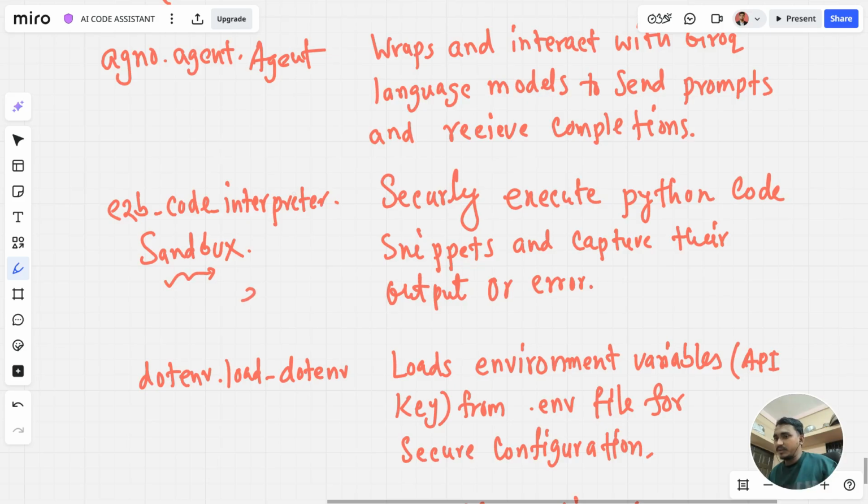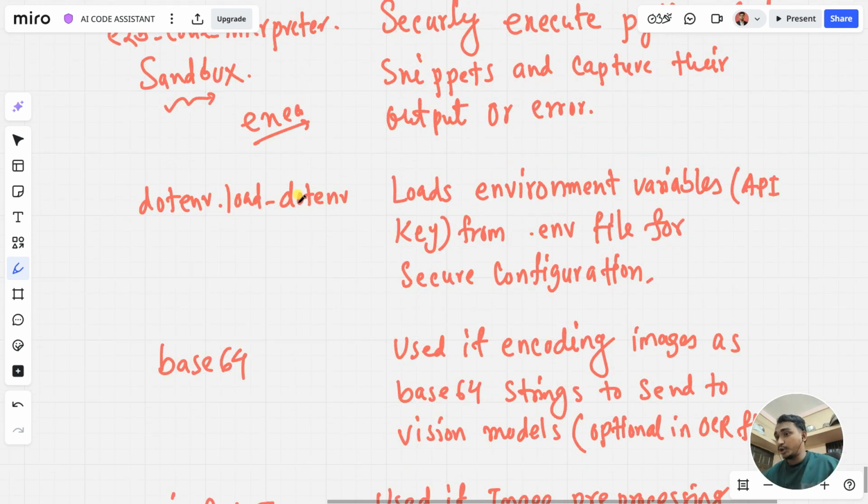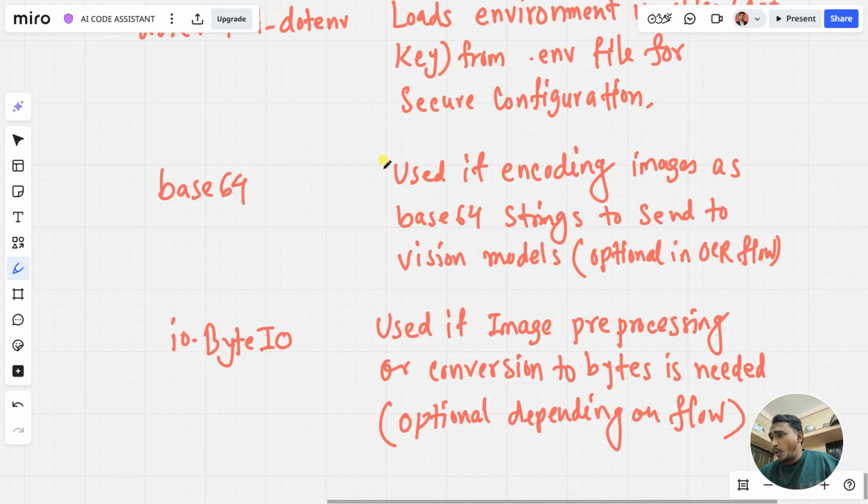You can also use the default built-in execution methods in Python, but it's better to use this sandbox. And after that, you're going to use this load_dotenv, so that you can load some of the environment variables. Basically, I am talking about the API keys, the Groq API key and the E2B API key from the .env file for secure configuration. And after that, the base64, it's basically used in encoding the images as base64, because